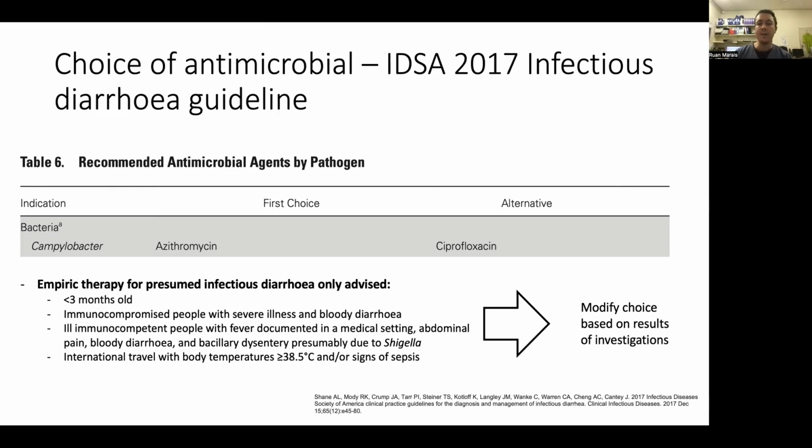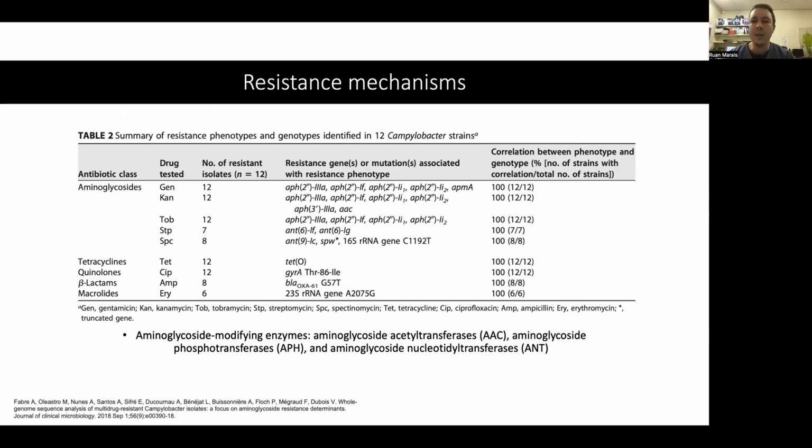So why choose the azithromycin over ciprofloxacin, for example? Well, just to start, the resistance mechanisms that are present and that have been detected, firstly, in terms of aminoglycosides, predominantly the antibiotic modifying enzymes, tetracyclines, the TET-O gene, quinolones, gyre-A gene, beta-lactams, which I'll talk about in the next slide, and then macrolides, the 23S RNA gene A2075G is the most